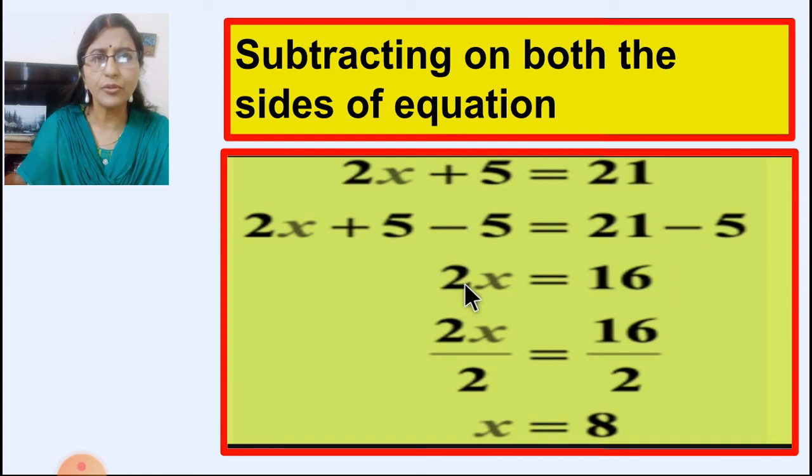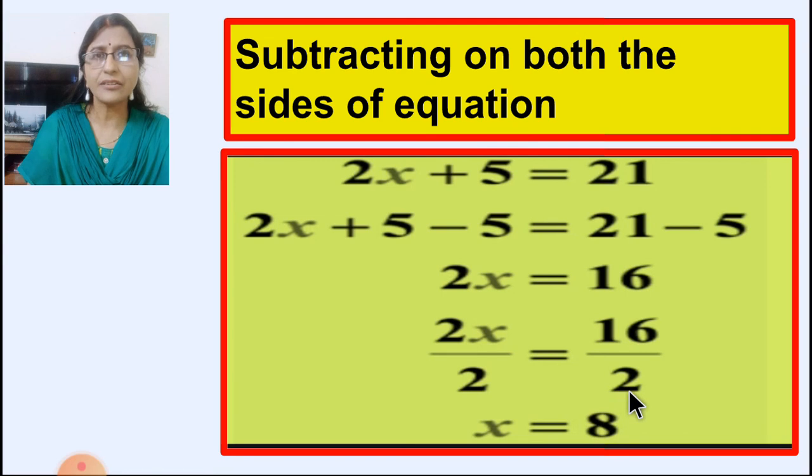Now we have to remove this coefficient which is multiplied by the variable. Here there is no sign, but as you have learned, there is a multiplication sign. So to remove this, we have to do the opposite operation, we will do division. So 2x will be divided by 2. The same thing is done here also. You can see here 16 is divided by 2. So here 2 will be cut, you will get x, and 16 divided by 2 is 8. So by this first method you will get the answer 8.